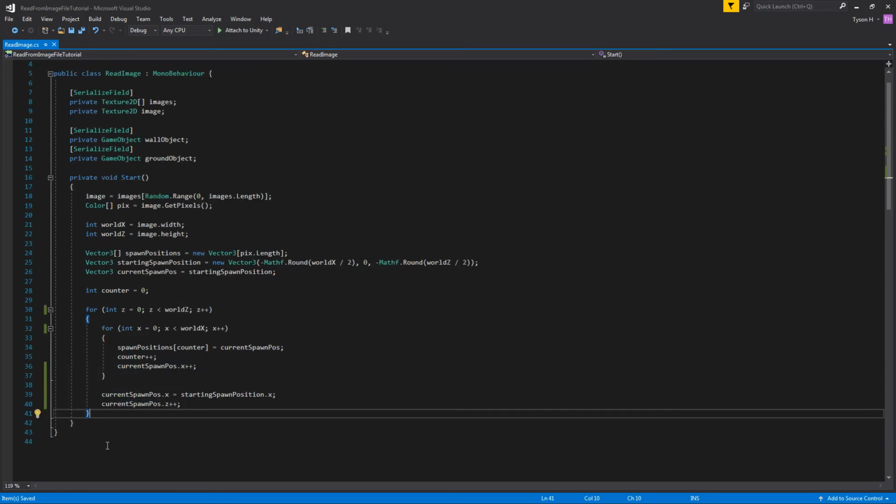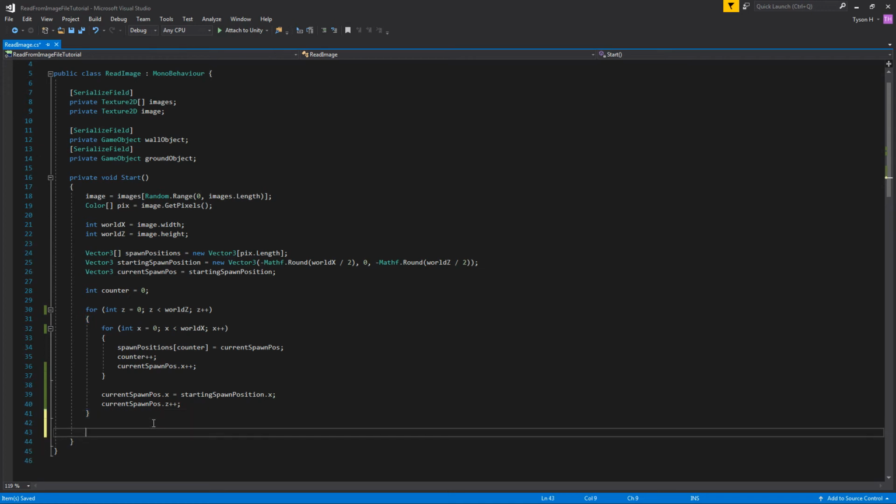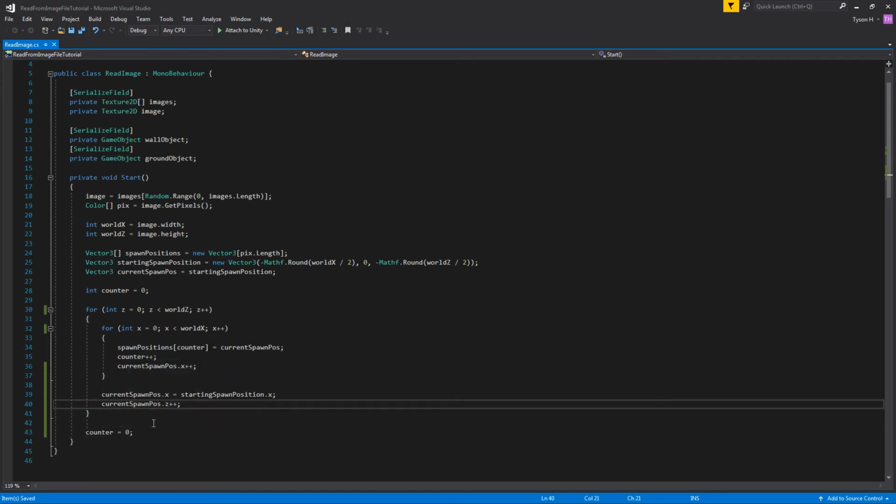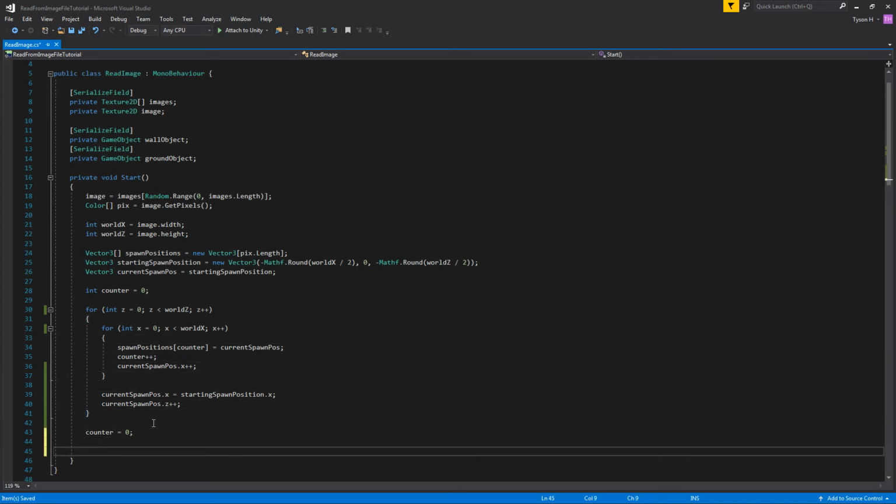Once we're done with that, we're going to do another loop, probably a foreach loop this time, to actually go through that spawn positions array, and we're going to use the counter again, so just reset that back to 0. So once this whole process finishes, counter is going to go back to 0 so we can reuse it, and we're going to say foreach. So for each Vector3, which we'll call pos, so for every Vector3 in spawn positions, which is the array we just finished filling with positions,